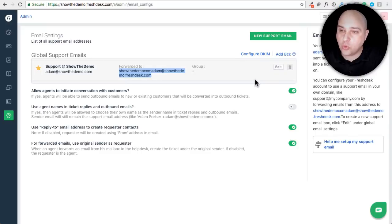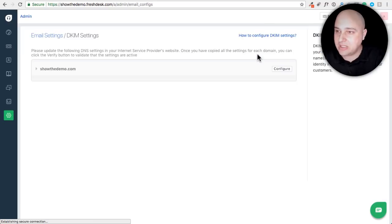So now we need to do one more step in our setup. It's actually pretty easy, but it's a little on the techie side. We have to click right here where it says Configure DKIM. Essentially, this is going to give us some bits of information we need to copy and paste over into our web hosting account. So when we click on this,